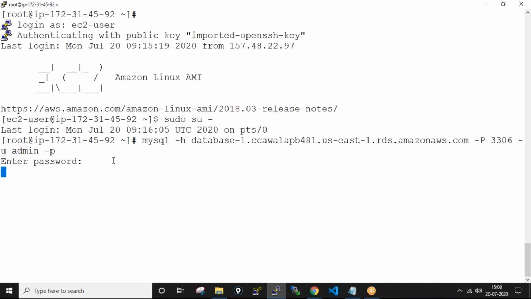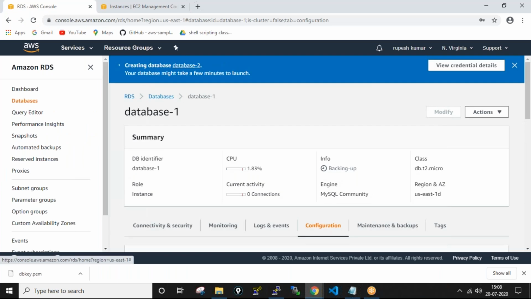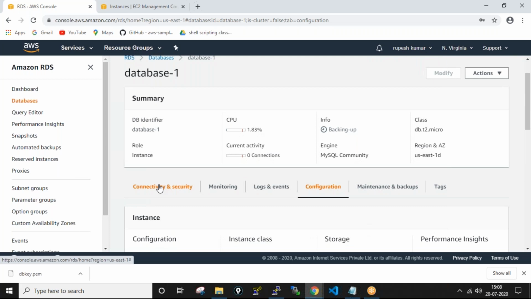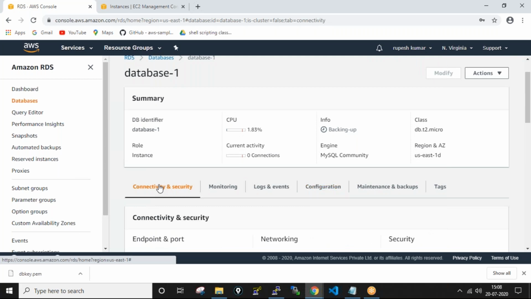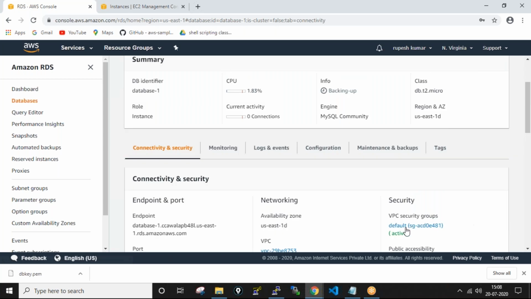It's not connecting. The reason is that we need to give permission on the database side also. So just go to the database now, and go to Connectivity and security. We need to modify the inbound and outbound rules. Under the security tab, you will find the VPC security groups.